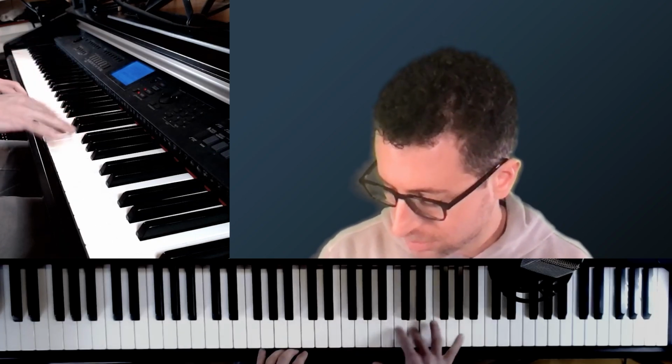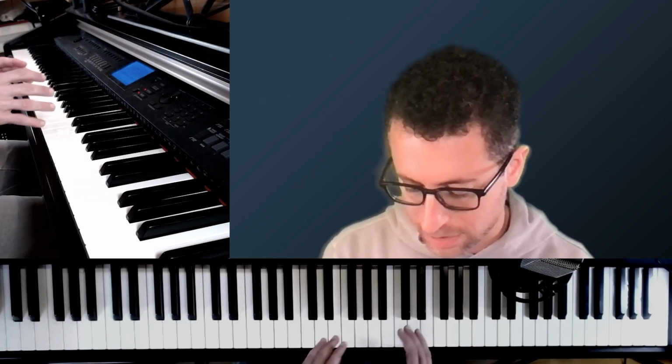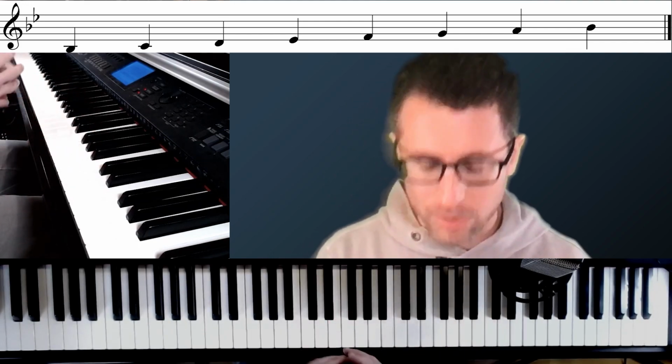Every note, I'm thinking of it relative to the B flat major scale. But now that's the one lens that I come at this with. But then the other lens is,